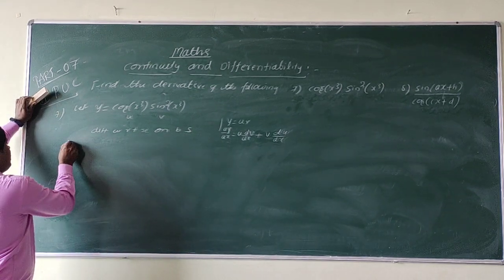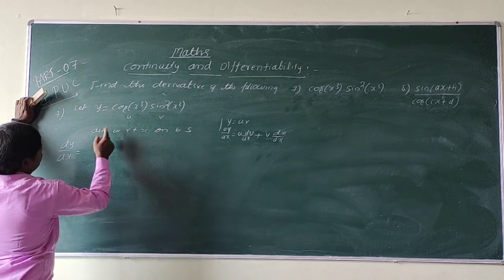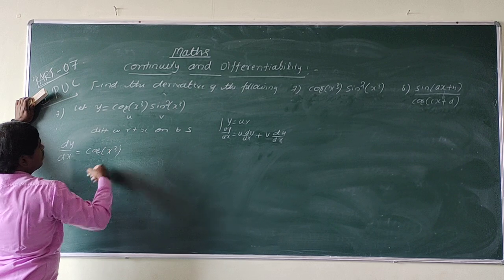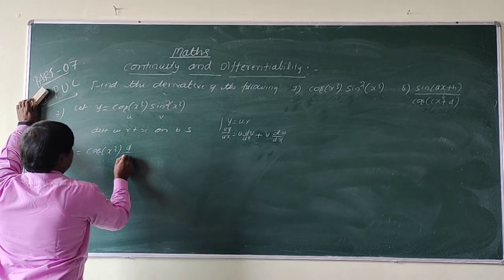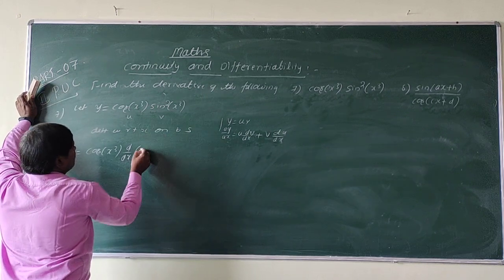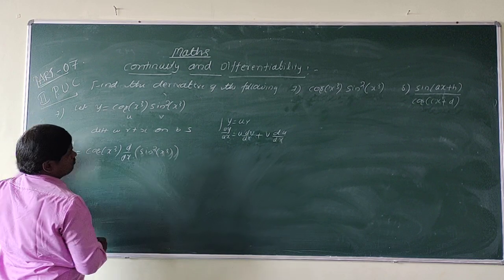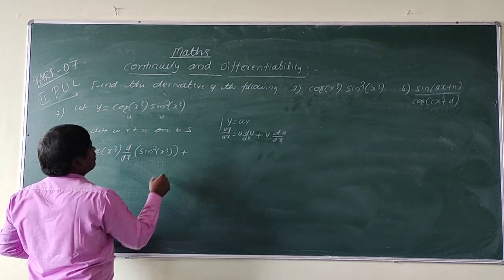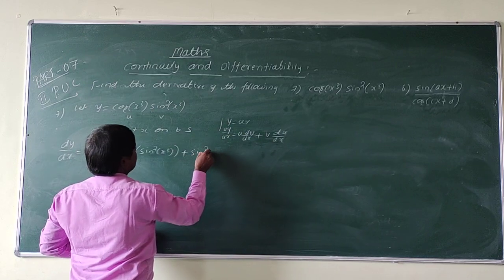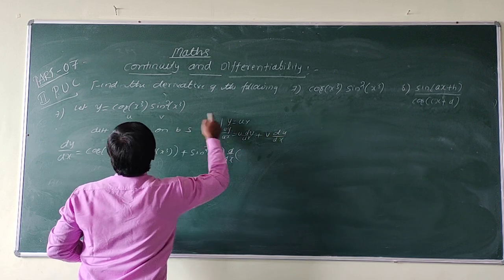So then dy by dx is equal to u. Keep u as cos of x cube into d by dx of v. So what is v here? That is sine square of x cube. So write v as this. So v is sine square of x cube into d by dx of u, and u is nothing but cos of